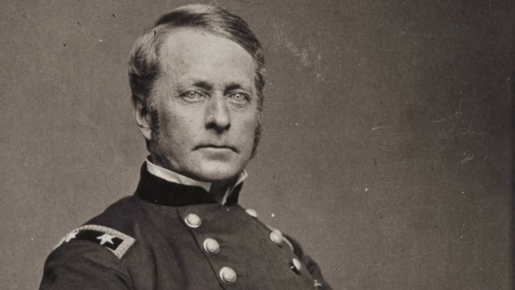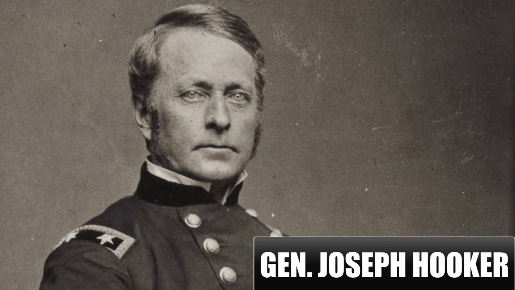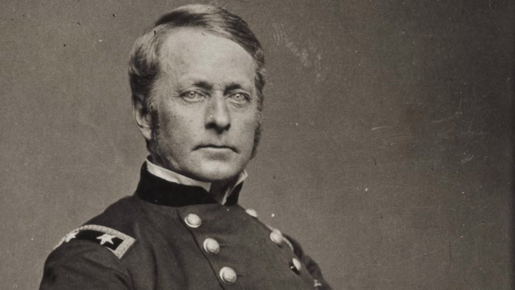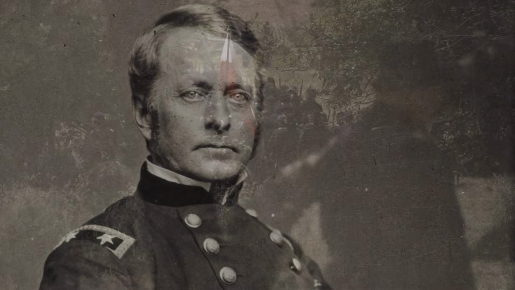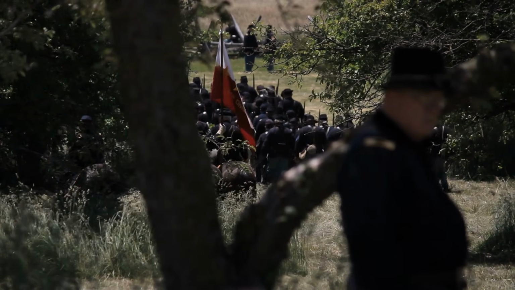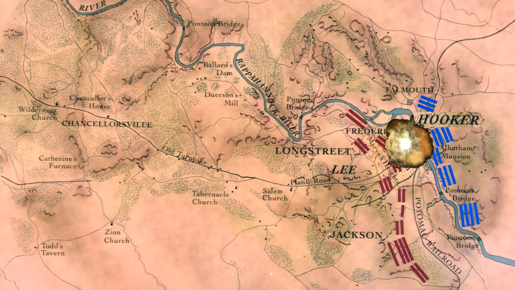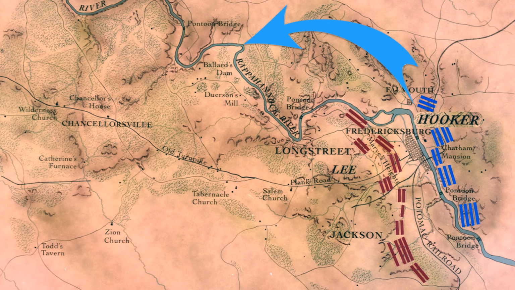The new Union commander, General Joseph Hooker, devised a plan that he believed would outmaneuver Lee and trap his army outside Fredericksburg, Virginia. Hooker would divide his enormous army into two parts and surround Lee's army on all sides. One half of Hooker's army would fake an all-out assault on the bulk of Lee's forces, which still garrisoned the city of Fredericksburg. The other half would march around Lee's flank, cross the Rappahannock and Rapidan rivers, and attack him